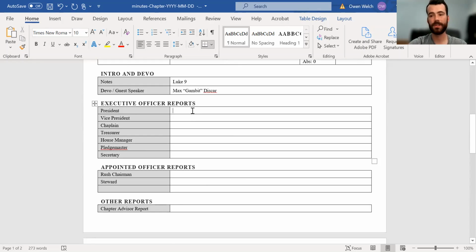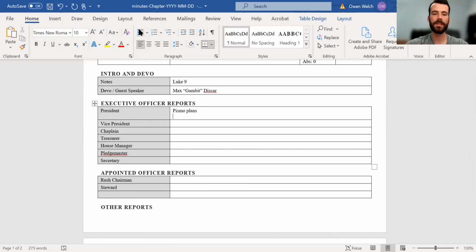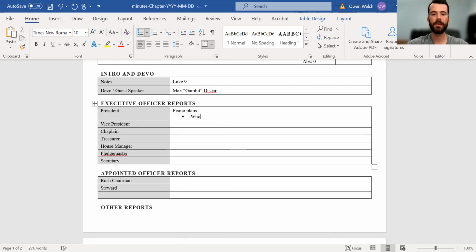So once the business of the meeting is started, make sure for each executive officer that talks, that when they have announcements or when they have points of discussion, that is noted in their correct section. So when the president brings up, say, Pismo plans, relevant because it's next week, kind of note about what he brings up. Say he brings up like who's driving,